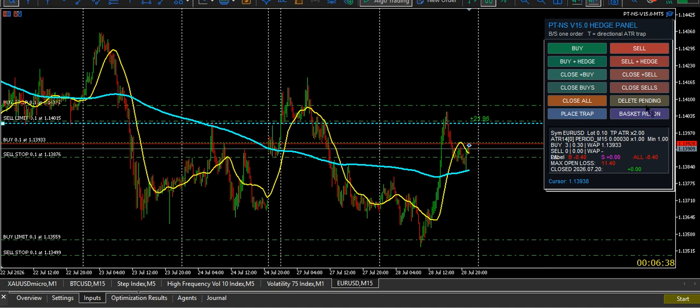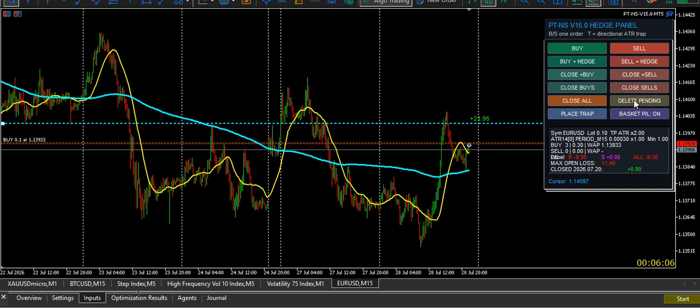If I want to delete these lines there, I can just go delete and I say delete pending, and it will remove all the pendings there. It's a bit slow now. There we go. So all the pendings are gone. But I want a sell here below this buy to protect it. So I'm just going to go there where my cursor is. It will place a sell stop now. I pressed S, it's just a bit slow. I think I've got it a bit loaded now.